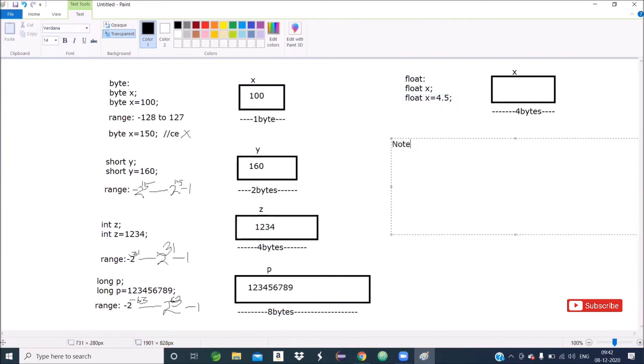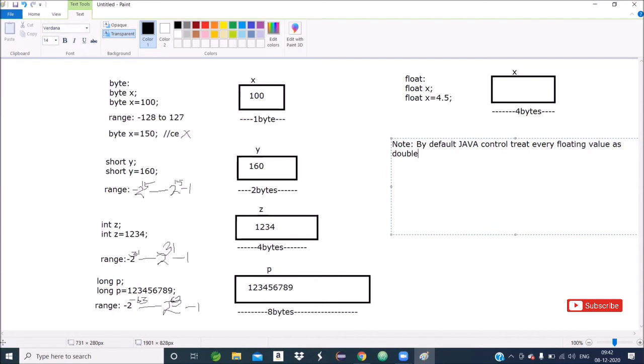Java treats every floating value as double.